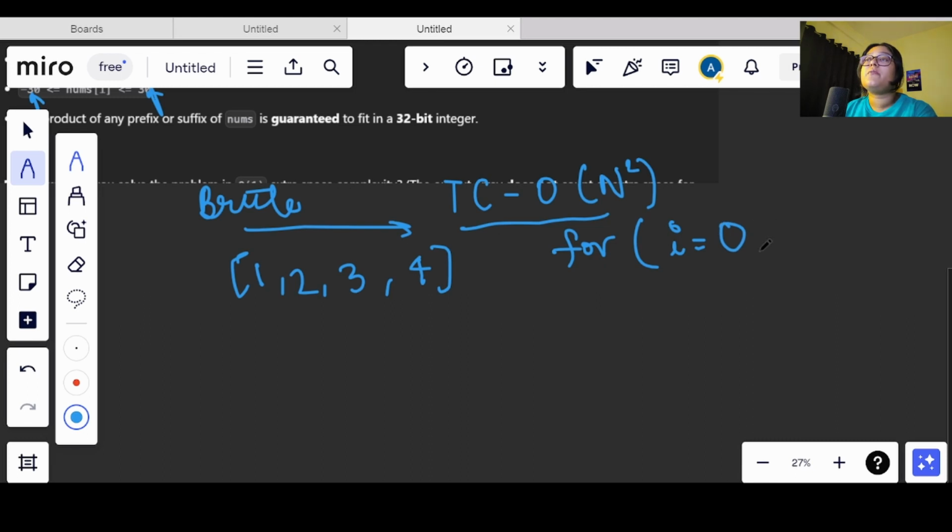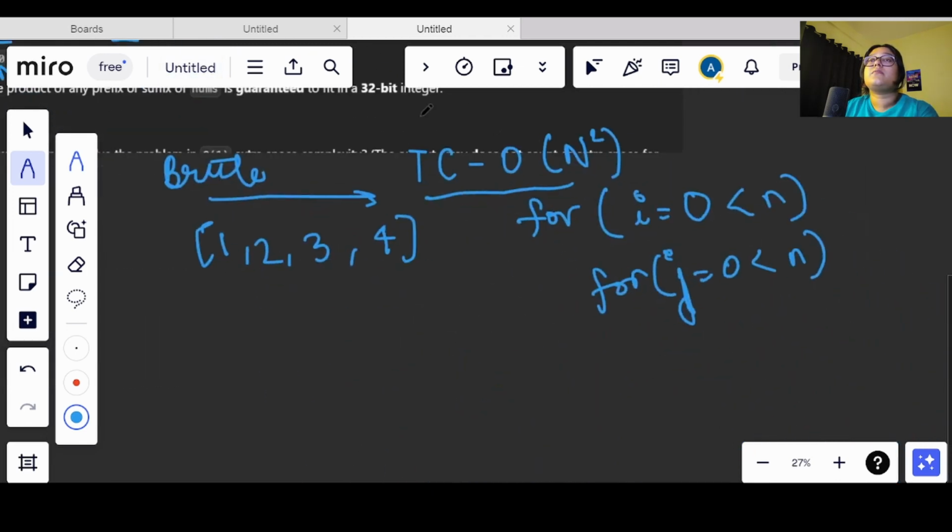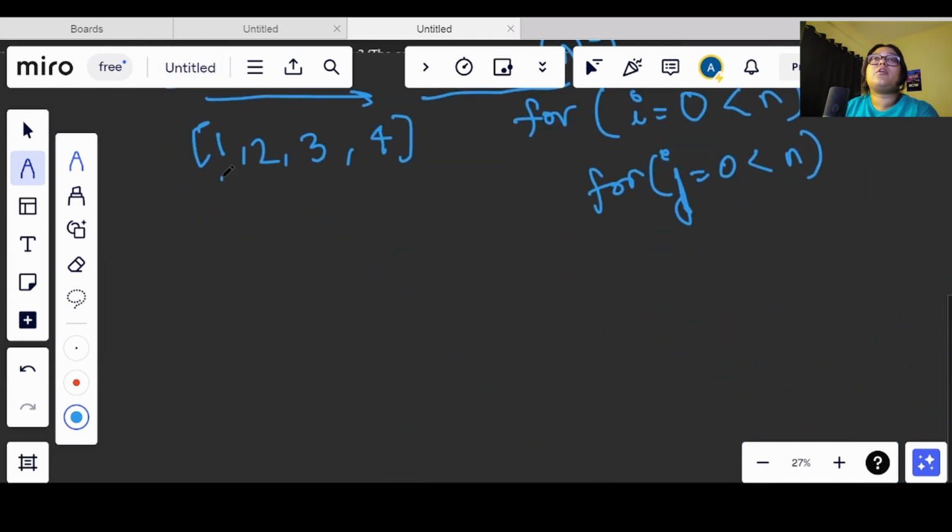What we are doing here is we are starting from i equals 0 and we will go till less than n, and the inner loop will be j, starting from 0 and going till less than n, right? Now when we are on the first position, on the 0th index, we need to find the product of all these three, right? So what we can do here, we can start the multiplication from here, as we cannot leave